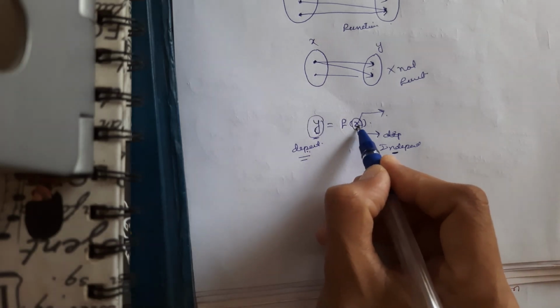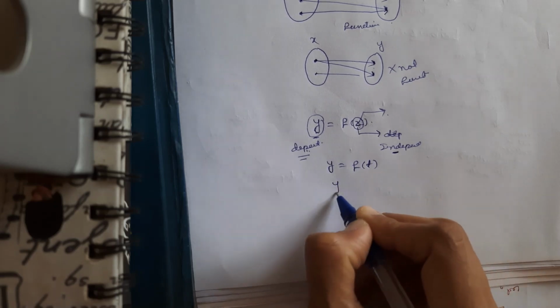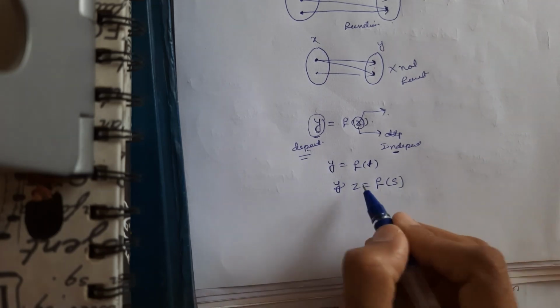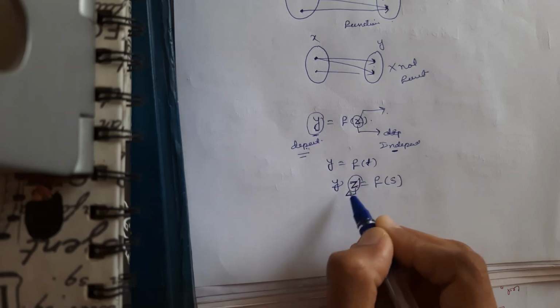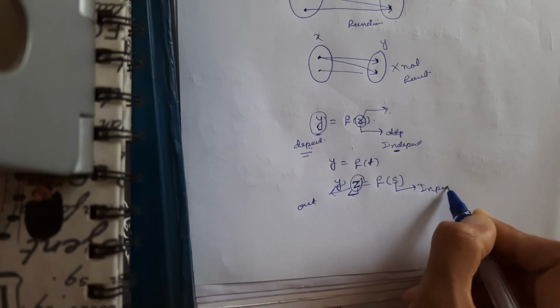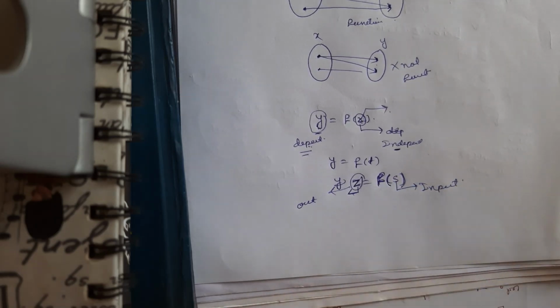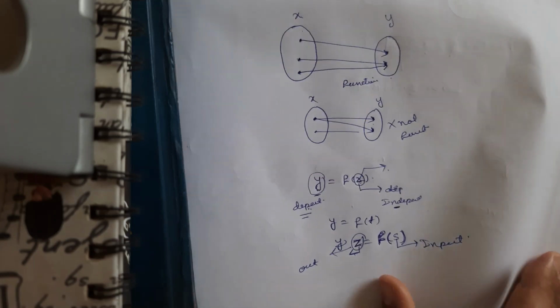Okay, now this x is just a placeholder. I can write any letter here, y equals f of t or z equals f of s. So this is the dependent variable, my output, and this is my input. Input I am always going to write in brackets, and this f is the relation that I am defining. Now I'll show you a few examples of functions so that you understand it well.